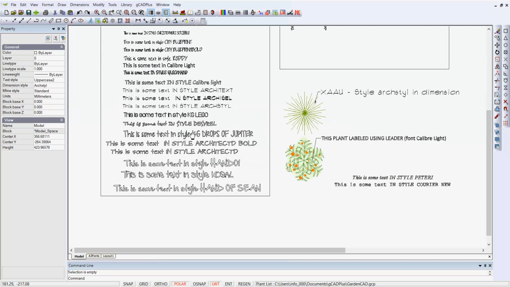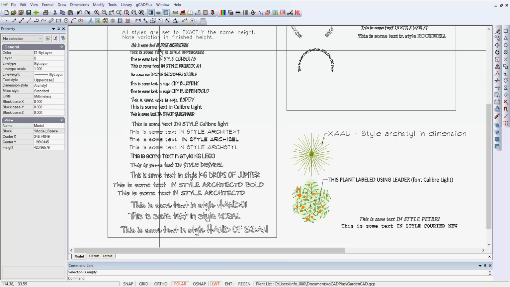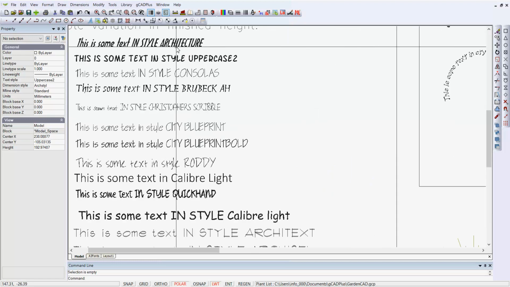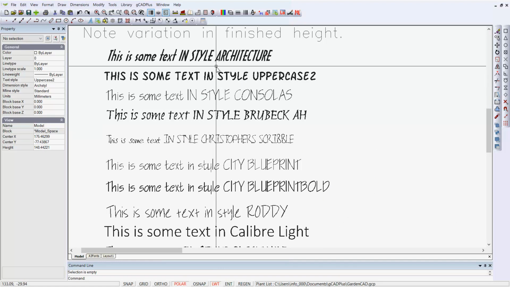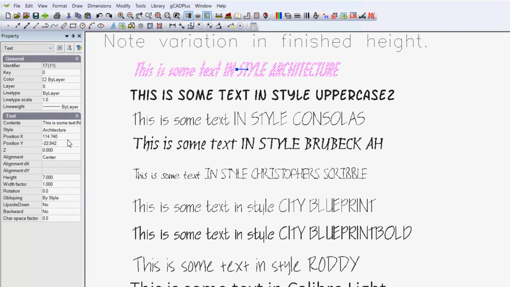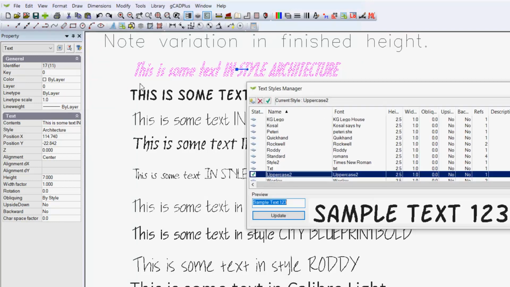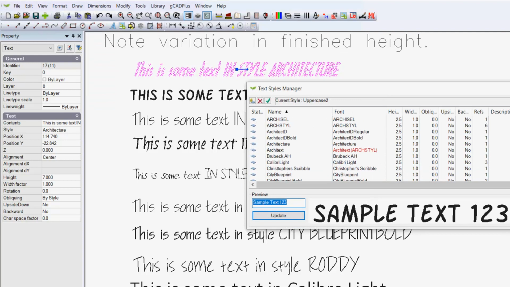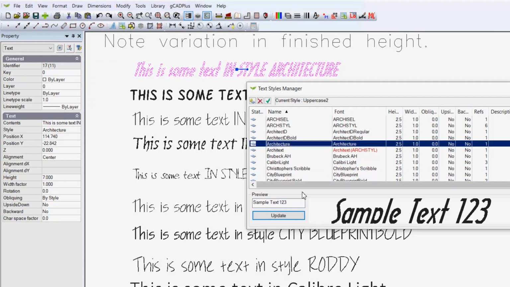If I just move down a little, each text style in gCADPlus is a named style and has a particular font associated with it. So here, for the sake of argument, if I click on that piece of text, in the properties box it tells me that's a text style called architecture. That's for you to call it whatever name you want. But if we go to format and text styles, and we'll come up in the list here to architecture, can you see that